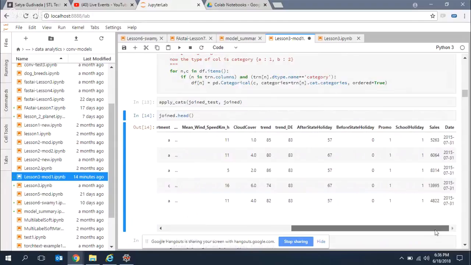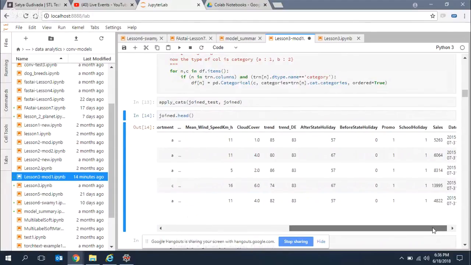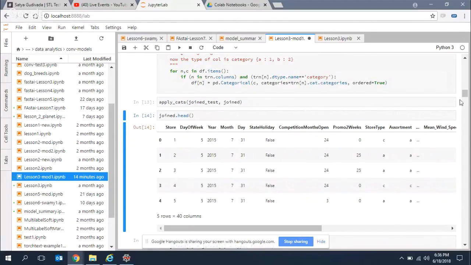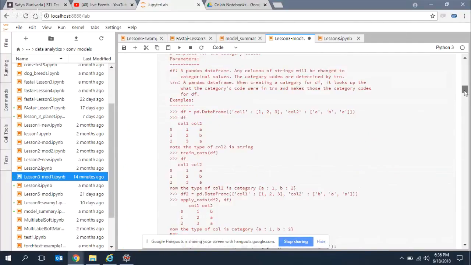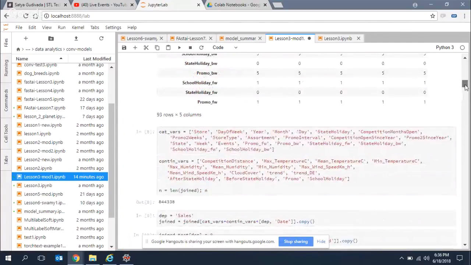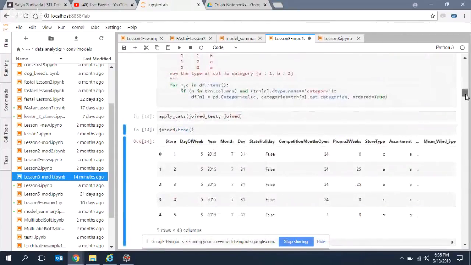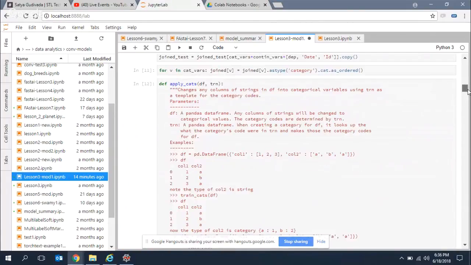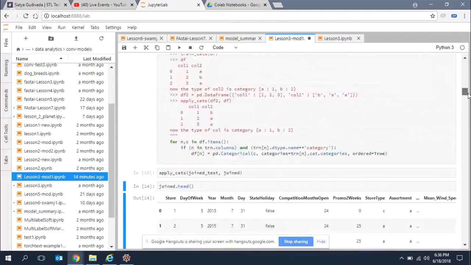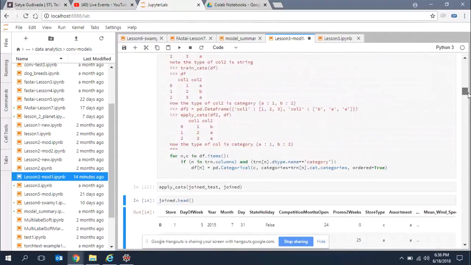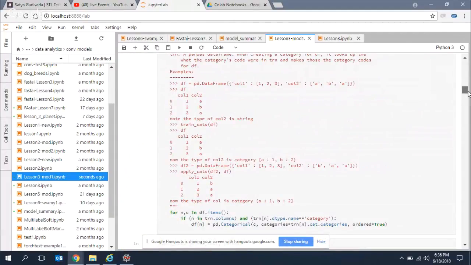We'll have to check on some categories. What is it that he was using? I mean, he said store, day of week, year, even that he's saying is a month as a category. That wouldn't have changed anything. And the state holiday is still coming fall. So I don't know what apply cats would have done is